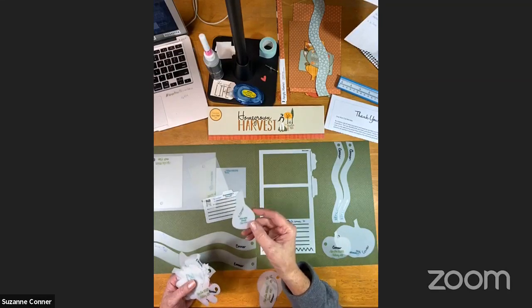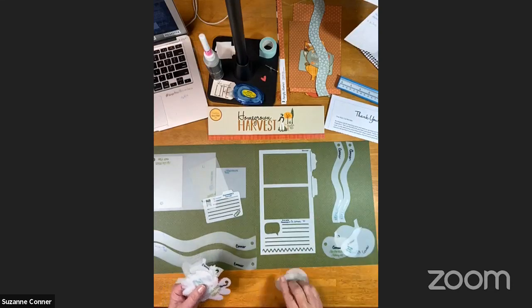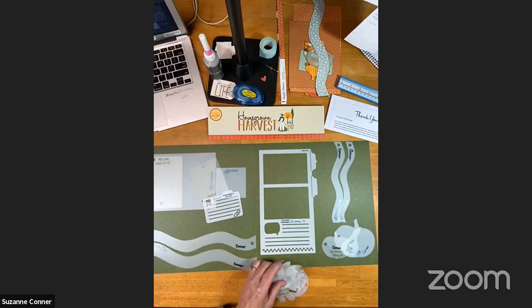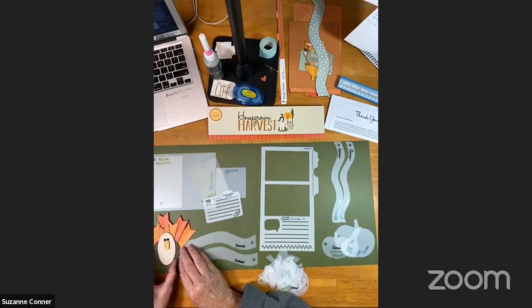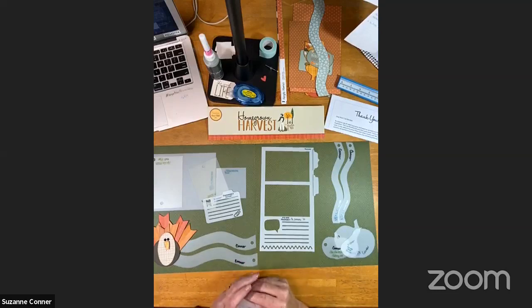And then the a la carte gourd. I know it came in a kit, and I will say I'm sorry now. I don't remember which one. Okay. And then over here, we're going to make this turkey, and he's going to go over here. Now he is made with, I started to use a tag, but it was a little too wide. So I actually ended up cutting